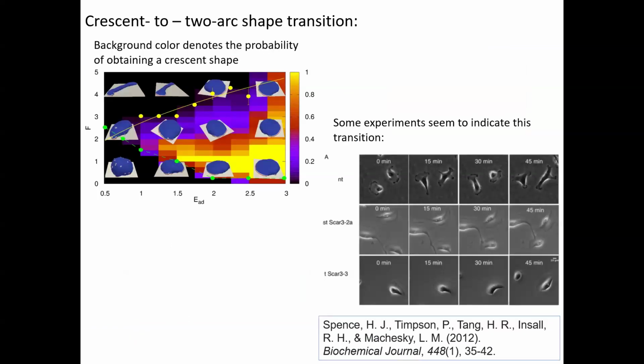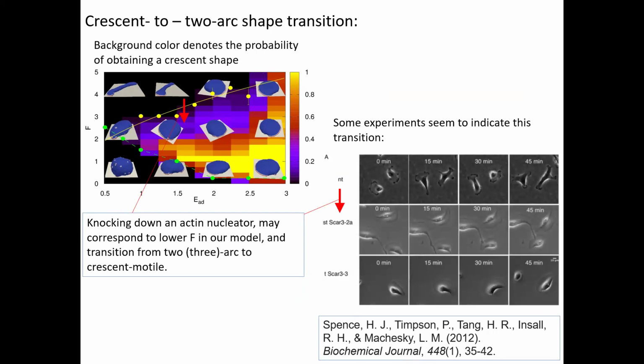Just to show you that this already can be interesting to explain some observations. So we came across this paper by Rob Insall and Laura, where they actually interfered with the normal cell ability to nucleate actin. And the wild type cell actually has these two arc shapes very often, maybe even three arc shapes. So not very polarized and not moving very much. But actually by down-regulating some of the proteins that polymerize actin, it switched into this highly motile crescent shape. So maybe we can rationalize this by actually explaining that indeed, if in our model, the force of actin polymerization is too high,